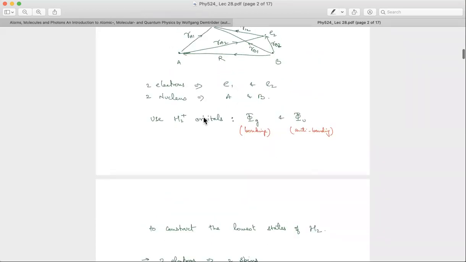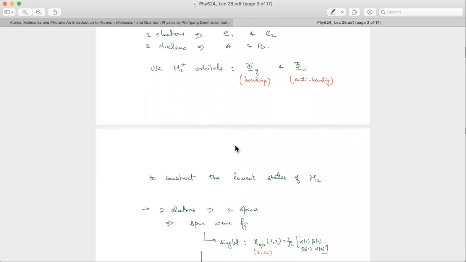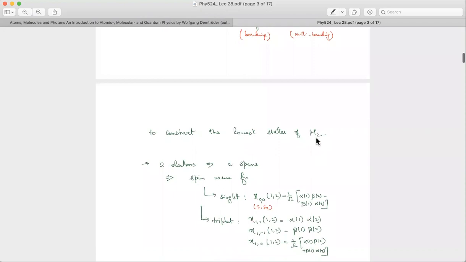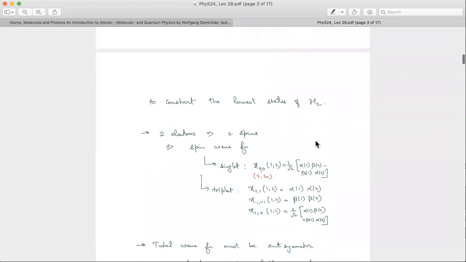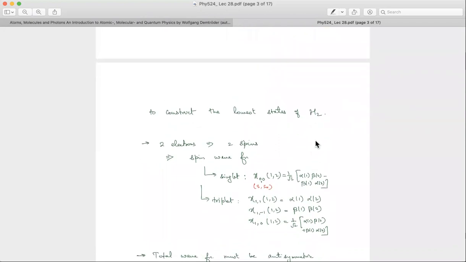So recall that these were the states from the H2 plus single electron molecule. Now we will use them to construct the two electron molecule, which is H2, basically. Okay. Now with the multi-electron problem comes this problem of full symmetrization of the wave function. Right? Because we know that these electrons are fermions, so the full wave function has to be antisymmetric. That implies that either the spin part can be antisymmetric or the space part can be antisymmetric, while the other one is symmetric, and vice versa, etc.